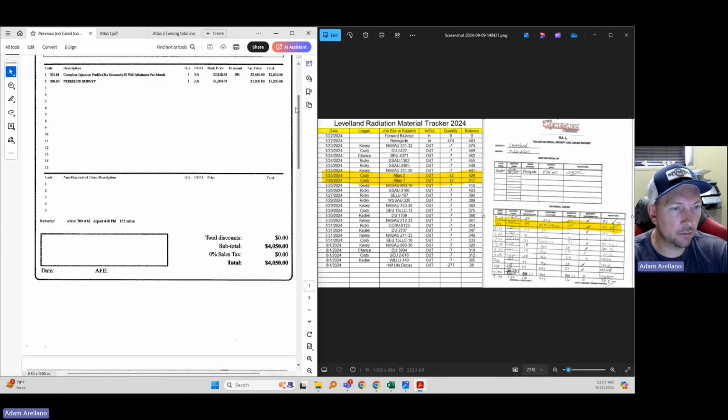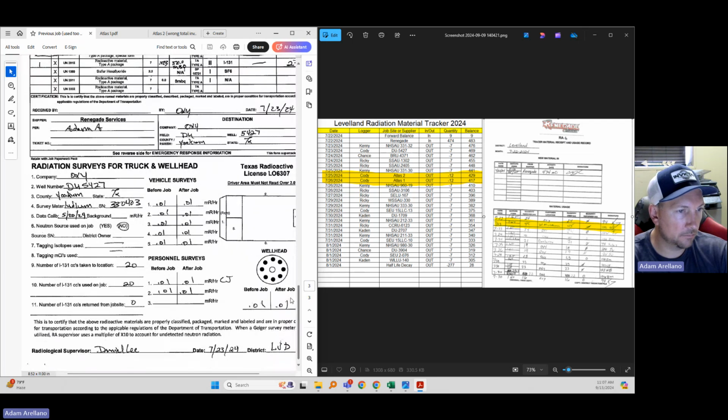So let's see what he had when he was done with that job. So I appreciate the effort to put a bunch of millicurie down on the paperwork so you don't go over 50. So if Daniel and Cody would have said 20, used 5, still have 15 left over,